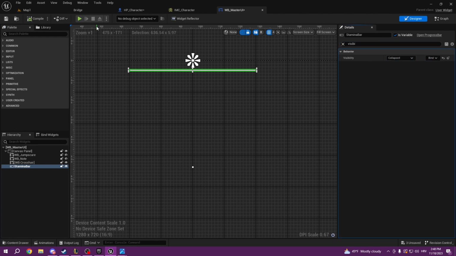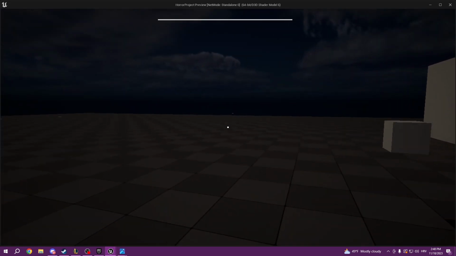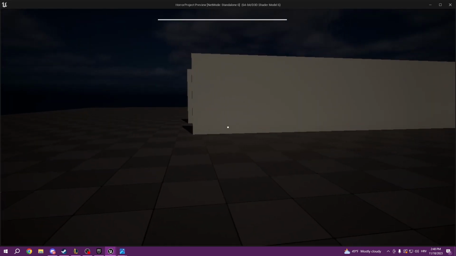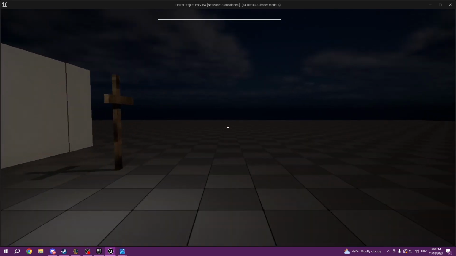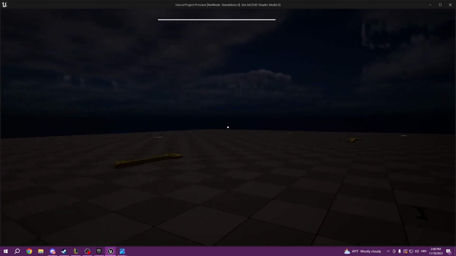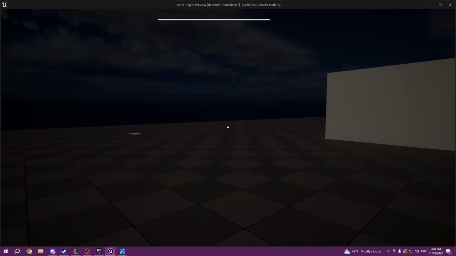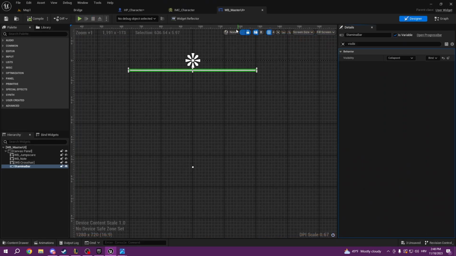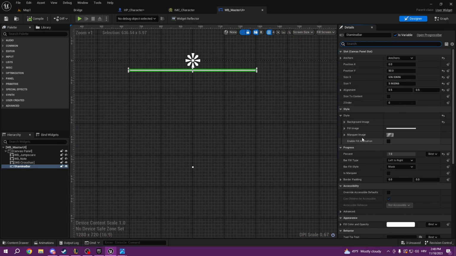Collapsed. Okay, it's working. So, as you can see, it's slowly losing stamina, but we need to make it so our